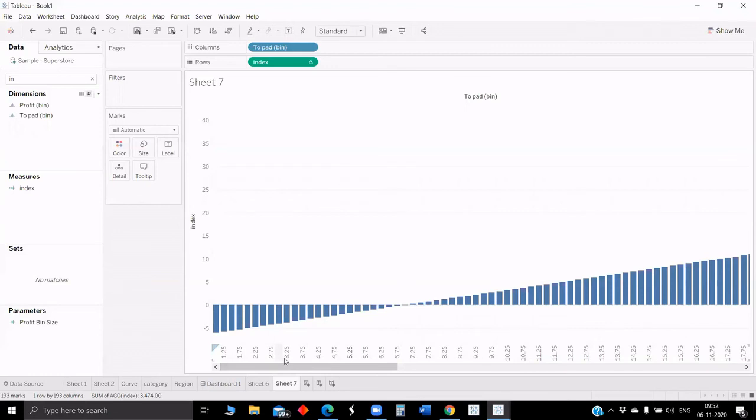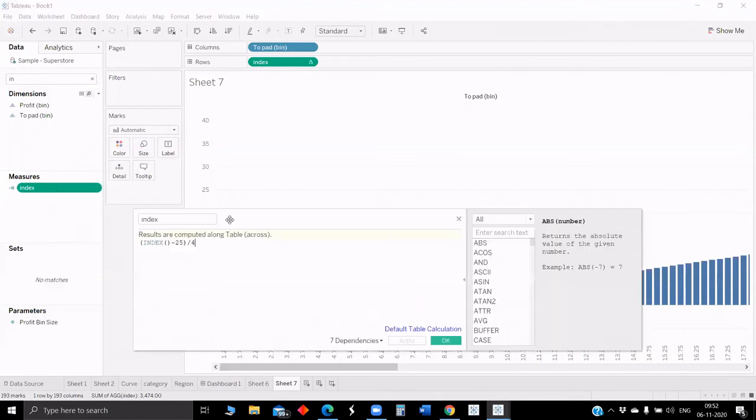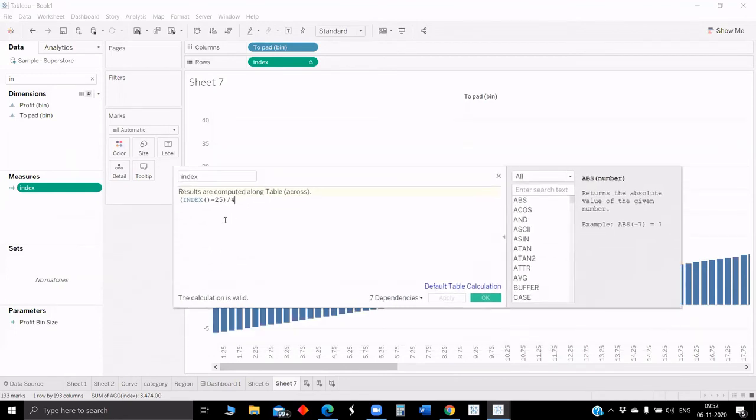If we change that index function appropriately to make these values symmetric, I think the curves would not change much. So what's the other side of the equation? How do we change it? You're saying we should change the index with it? Yes. If you see this function here, the 25 and 4 are taken into account based on the 49 which we gave in the two pad bin value.